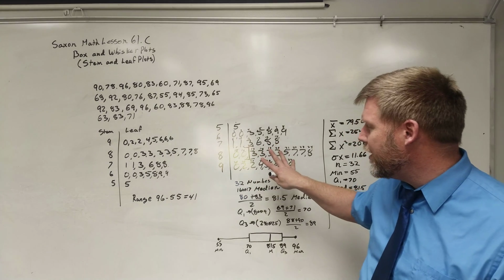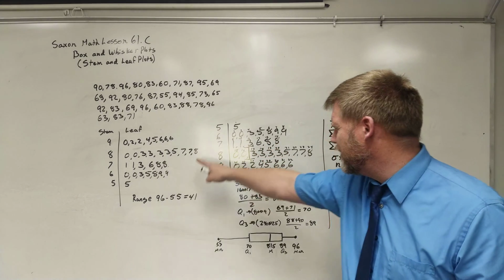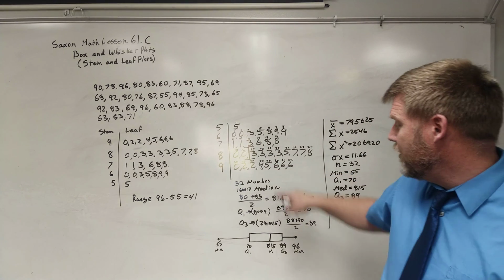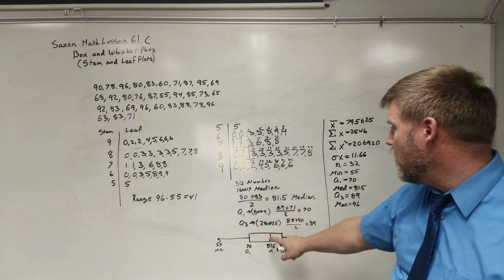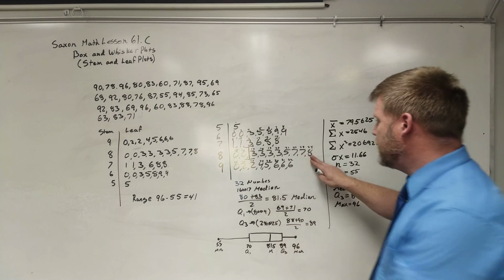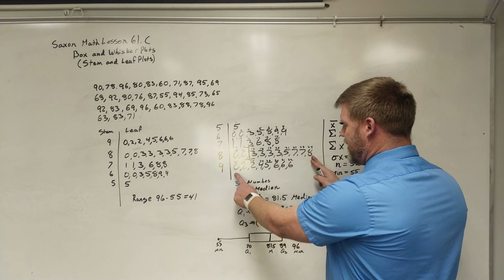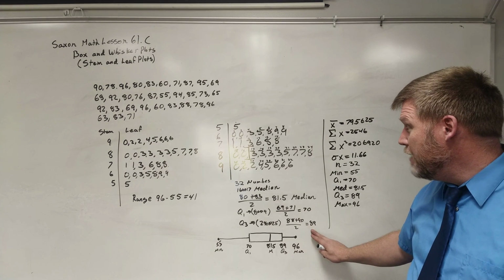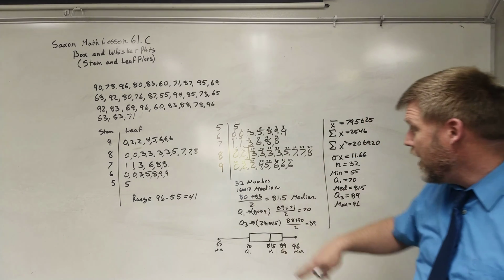Then I go to the second half of the number set. And now you can see why I'm writing it in order, because it gets really confusing to know where that goes if I try to count it that way. If I look at it, it's between the 24th and 25th number, between 88 and 90. Well, that's 89. And now I have my minimum number, 55, my maximum number,